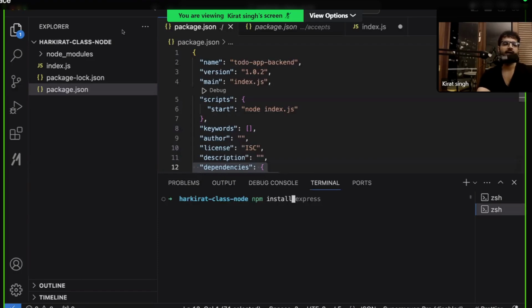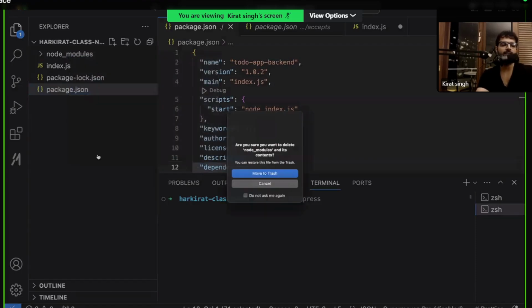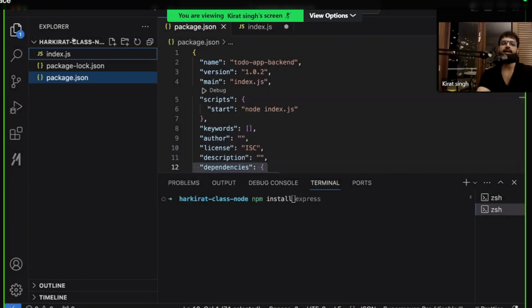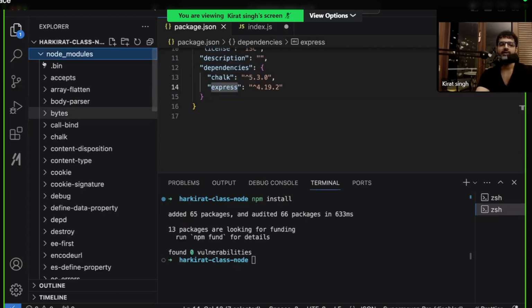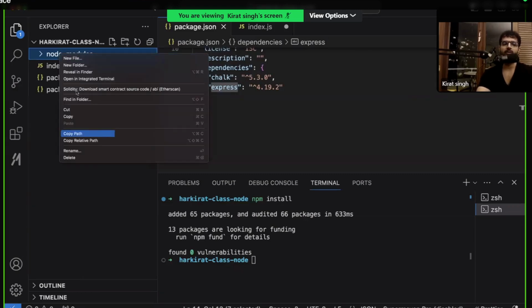I repeat, if I delete this complete folder, if I start from a clean slate, all I have to do is run npm install, and that will automatically understand कि अच्छा इसके dependencies में chalk and express is present. So it will automatically bring chalk, express, and everything else over here. So what are we learning from this?